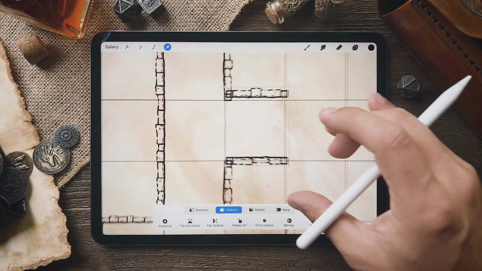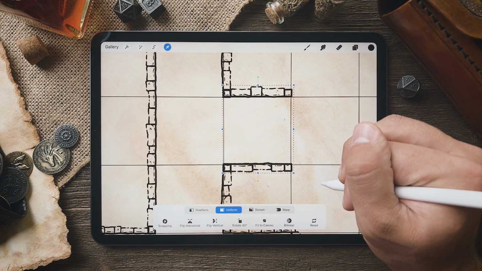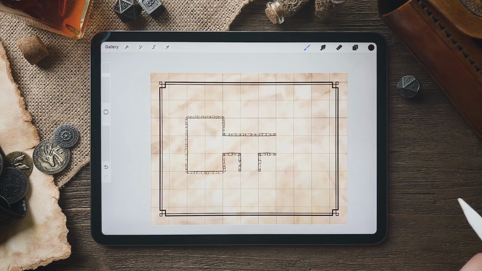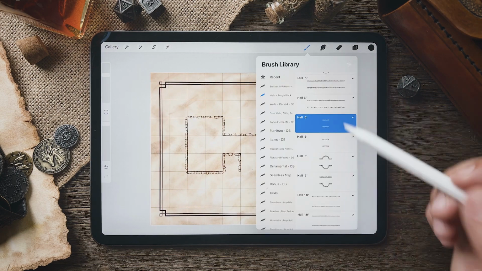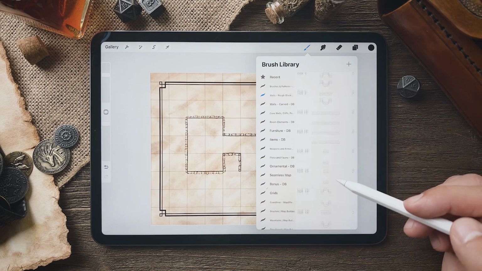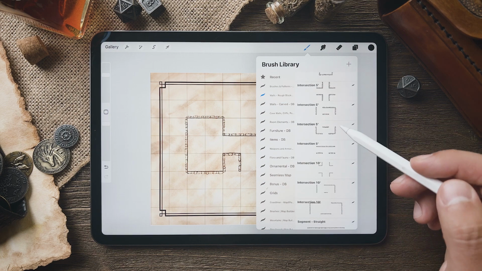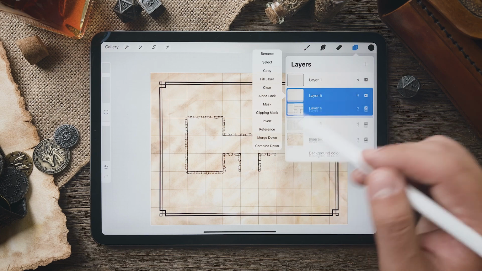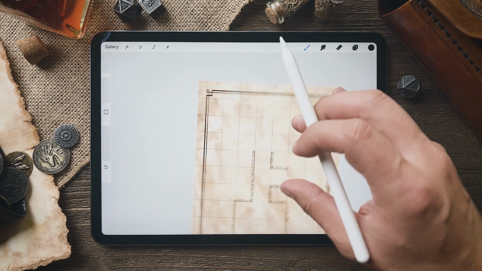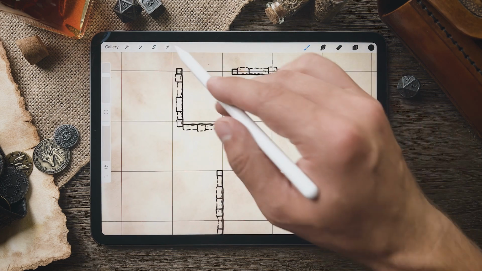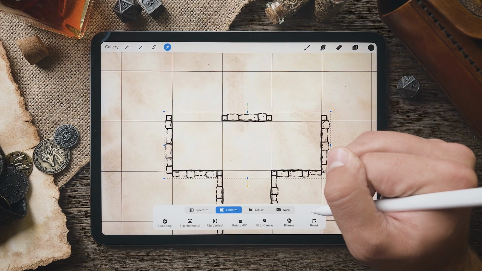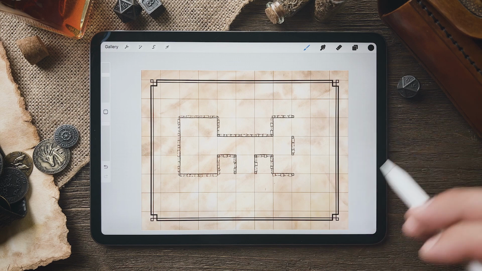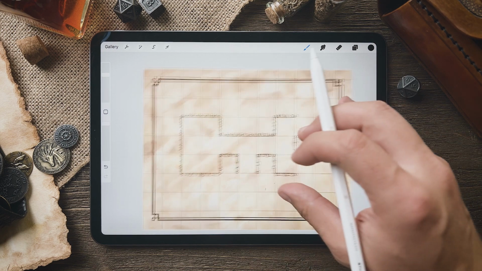Stamp it, and just line it up. Okay. And if we want to, we can come over here and we'll add another intersection here. Let's go with this one. Okay. And you can keep expanding on this and adding some other rooms and such, but let's start adding in